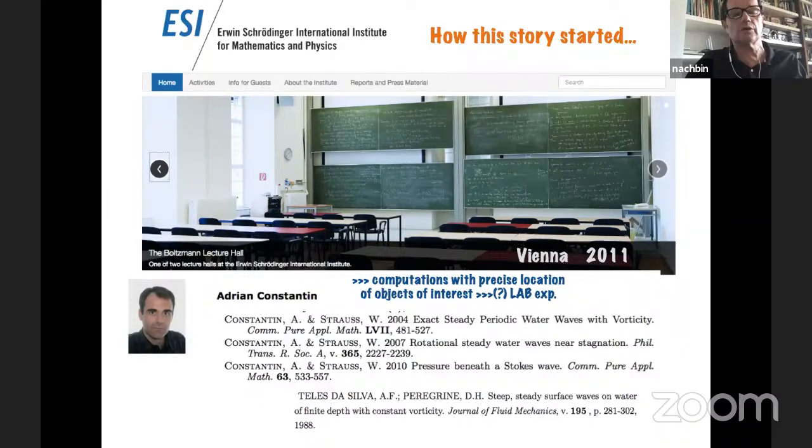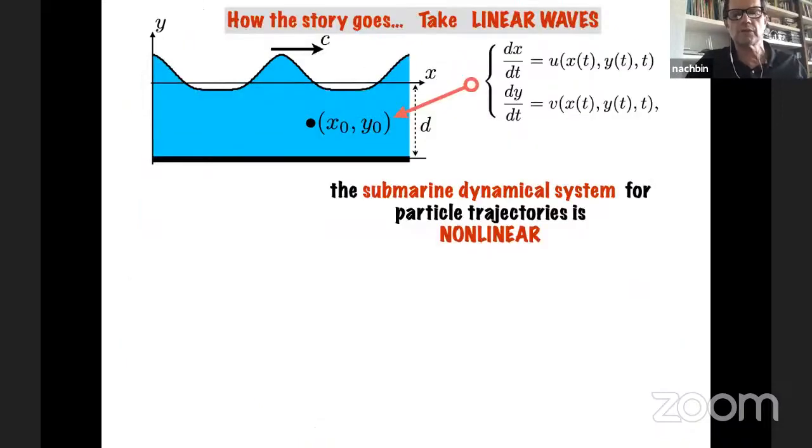And so we started working on this. He convinced me to get into this problem. I was, to some extent, poorly educated in the problem of the dynamics generated by a linear or nonlinear wave passing by. So you have the nonlinear wave dynamics, for example a Stokes wave, a traveling nonlinear wave, and you want to see the orbits, the dynamics of fluid particles beneath the wave generated by the wave. So you have to solve this dynamical system for the particle. It's the equation we also use when we go from Eulerian to Lagrangian formulation.